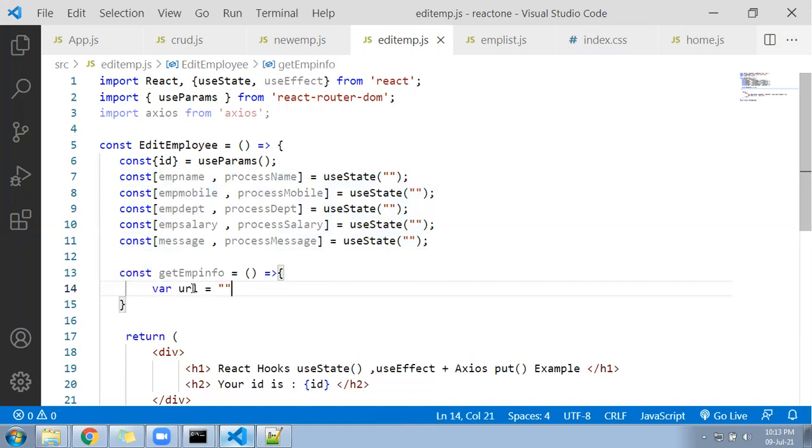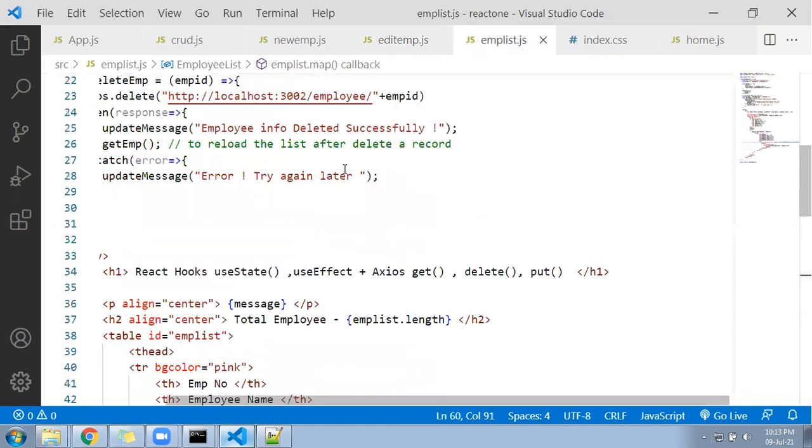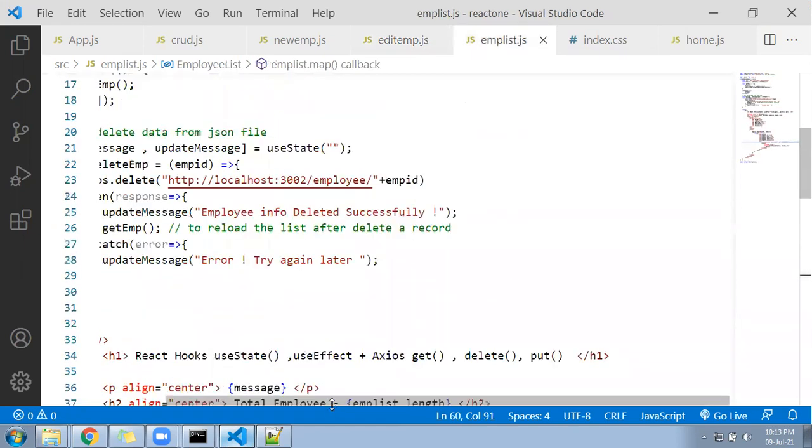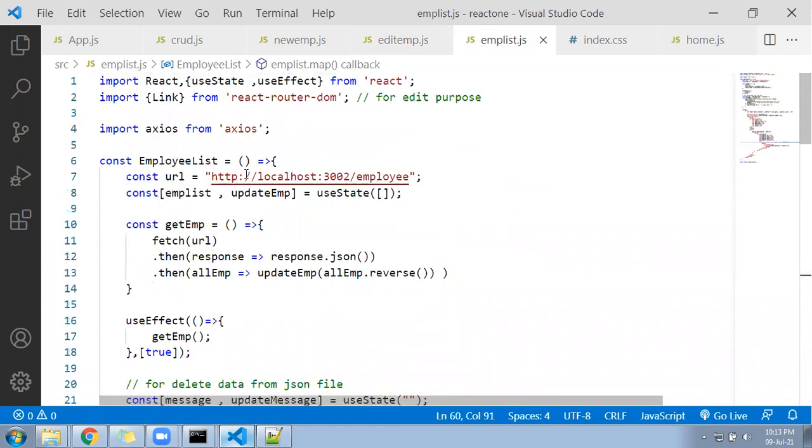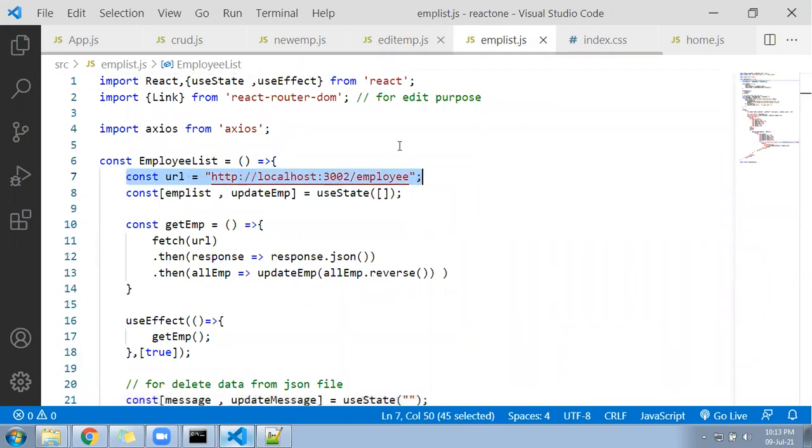URL equal to, let me take the URL from my listing page. I have the URL here. The previous URL we can take. Okay, this URL I took. I will be adding that URL here.